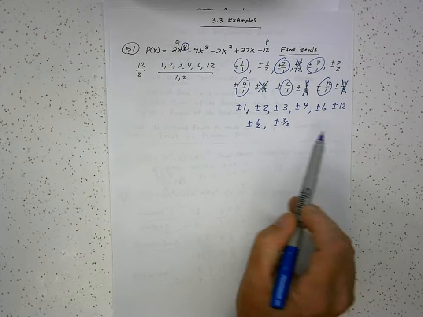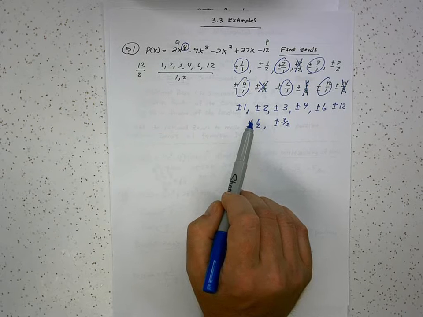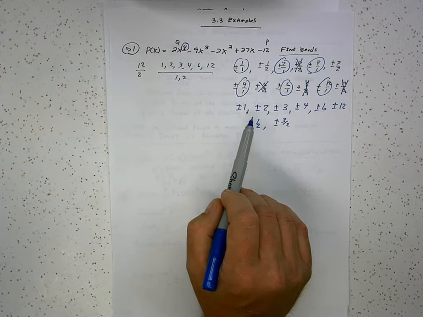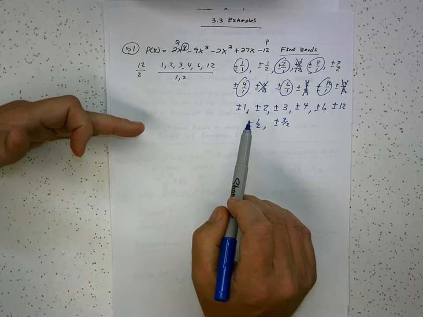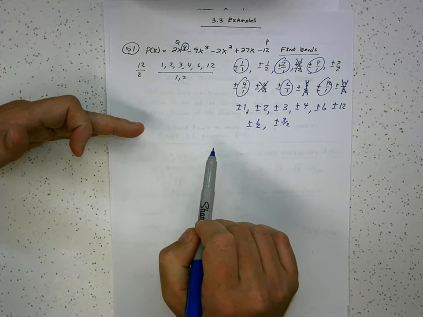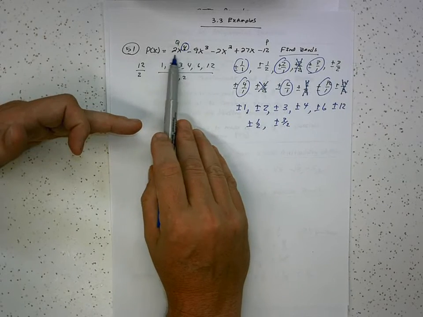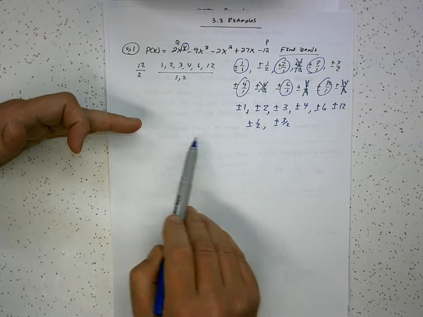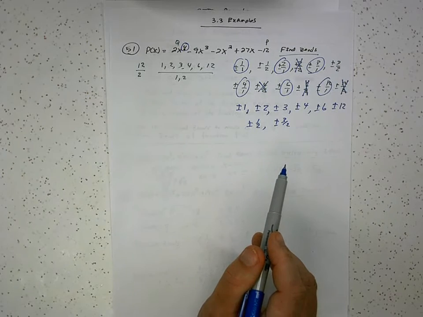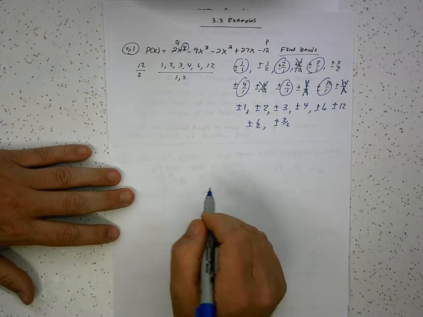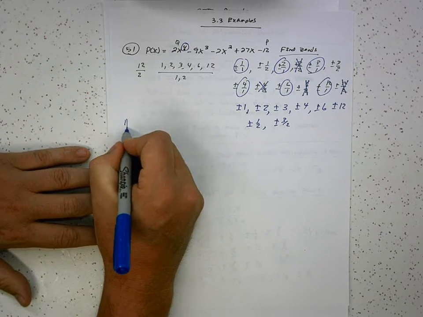Okay? The second thing is once I find one that works, it might be a double root, so I have to check it again. Keep checking it until it doesn't work. And always use the reduced polynomial to solve or to check with the other factors. So once I find one that works, this will come down to a quadratic or a cubic. Then I would use that cubic to keep checking. Okay? So we're going to look. I just have to pick something to check with. Well, 1's always a good one to